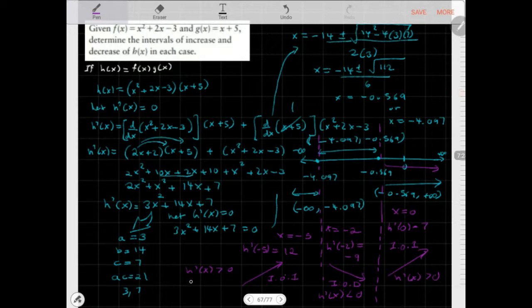Collectively, if you wanted to write this, an interval of increase will occur between negative infinity and negative 4.097. It will also occur between negative 0.569 and positive infinity, and an interval of decrease will occur between negative 4.0